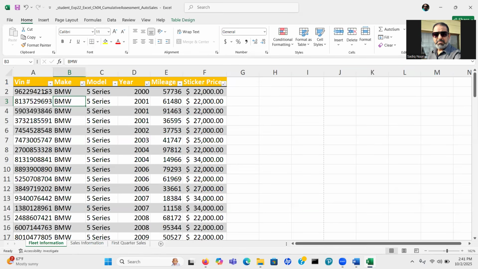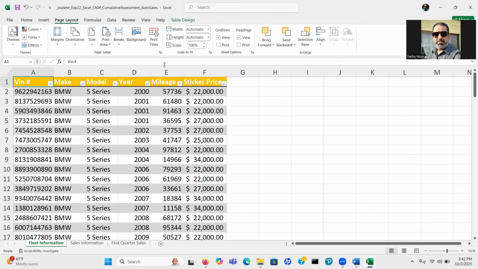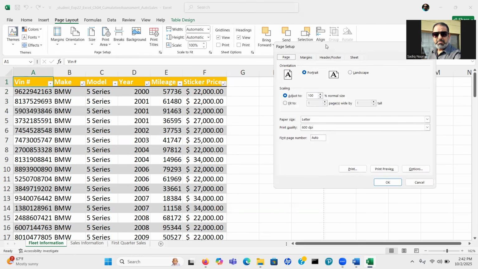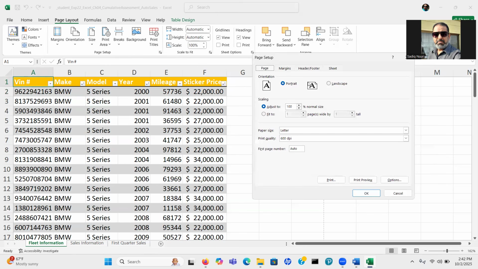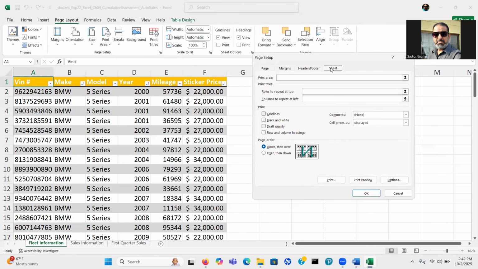So what we're gonna do, we need the columns, right? Click on A1, and then let's go to Page Layout, and then the second group is Page Setup. Click the gray down arrow here. The launcher is gonna open the Page Setup. Click on Sheet, and then Rows to repeat at the top.